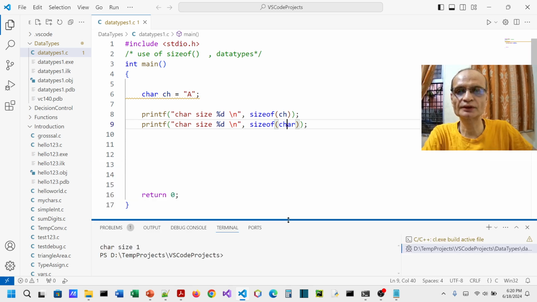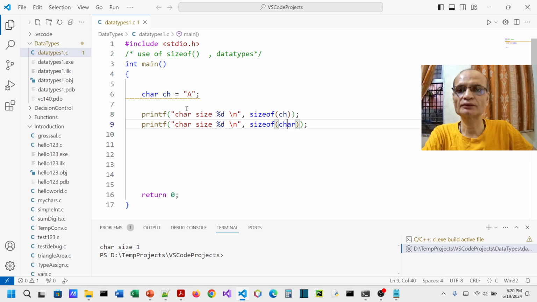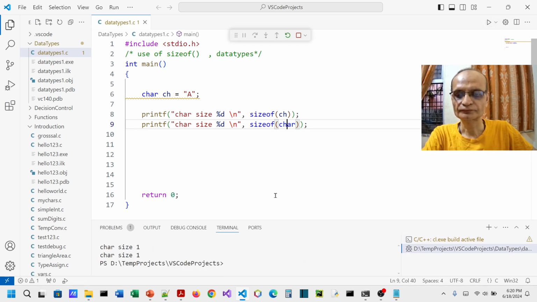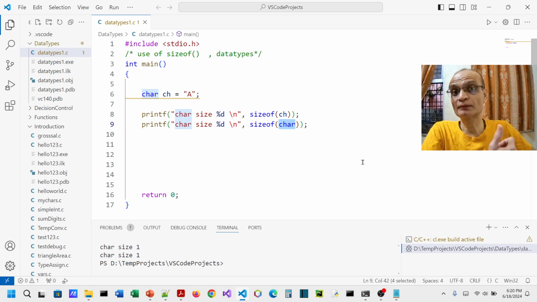Okay, so that's the important learning that I'm trying to tell you. If I now run this, you will see here character size 1 has come, that is for the first printf. For the second printf again it has printed 1. Why? Because with sizeof char, essentially we are understanding how many bytes get reserved when I use this keyword